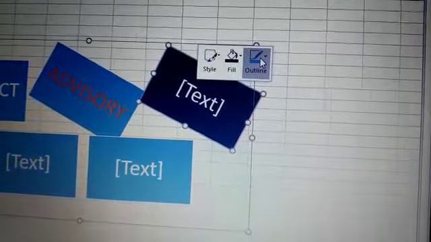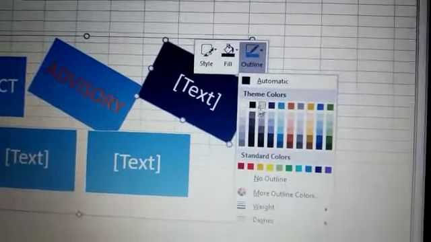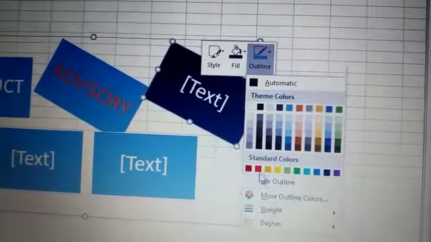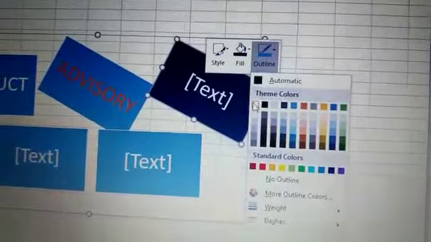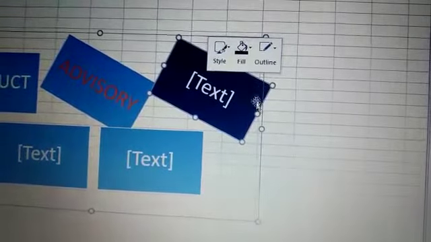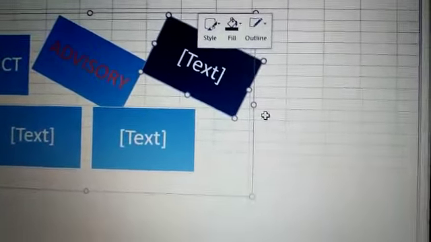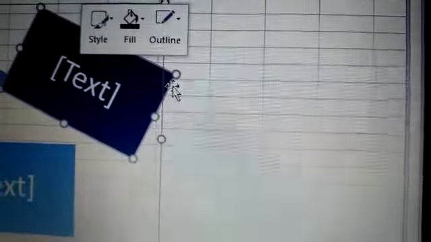Now which color of outline I want, we can see the outline which is your white color. You can see the white color outline here.